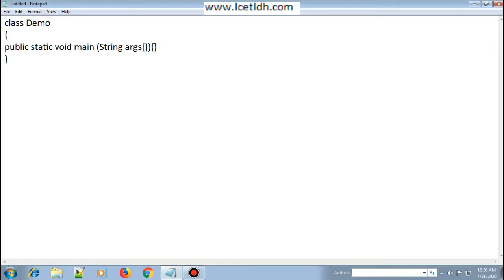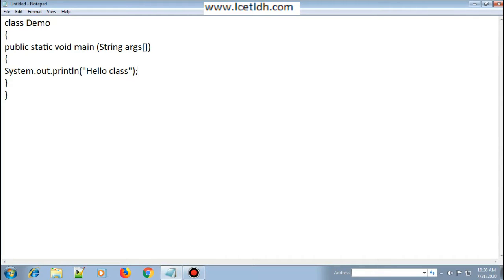Let's say in the main method you want to print hello. So how can I do that? Here you have to write down the same thing. In order to print something, you have to type System.out.println, and you can print whatever you want to print over here. Let's say I want to print hello class. Whatever you mention over here would as such be printed.